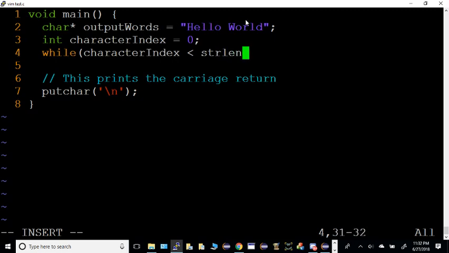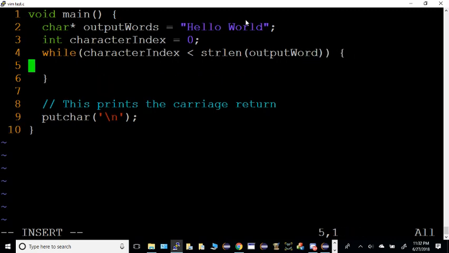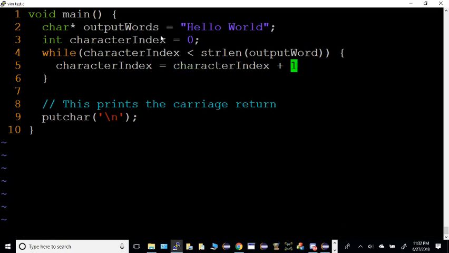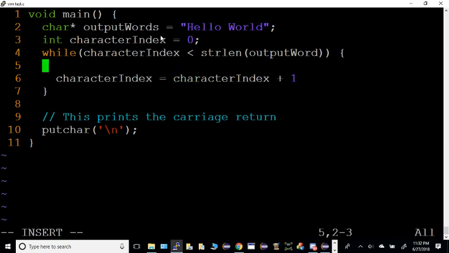Well, C actually had a function for that called strlen. So I can say the string length, strlen of output words, and I can say while the character index is less than the length of the output words string, we'll just have the computer increase the character index. So we're going to set character index equal to character index plus 1. We're just going to assign it its own value increased by 1. So we're going to step forward through hello world, and as we do, we are going to print out the